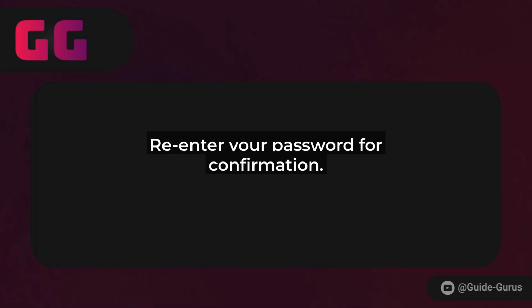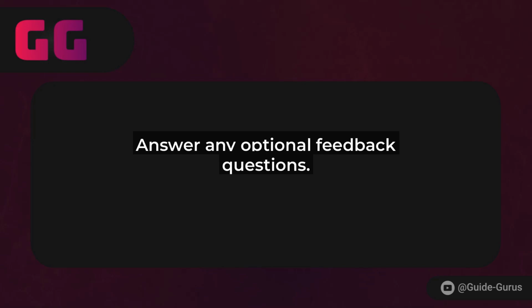Keep in mind that once you do this, your account and any associated data, like saved searches or favorite listings, could be permanently deleted. It's a good idea to back up anything important first. Finally, after confirmation, Zillow will process the request, which might take a day or two. You'll probably get an email confirmation, so keep an eye on your inbox. If you change your mind, check for any recovery options right away, as they might not last long.